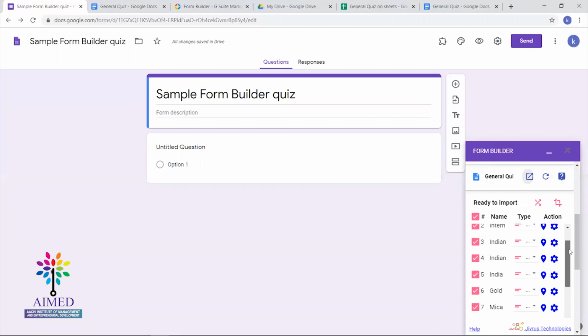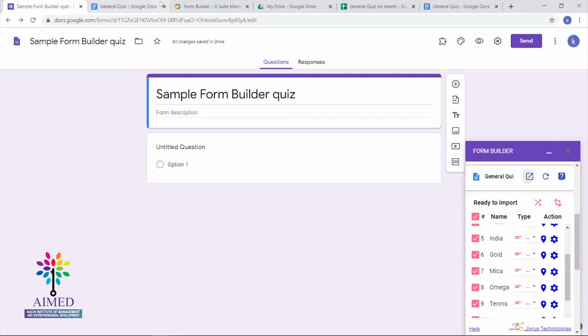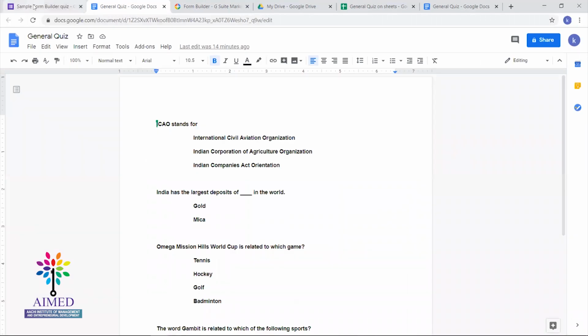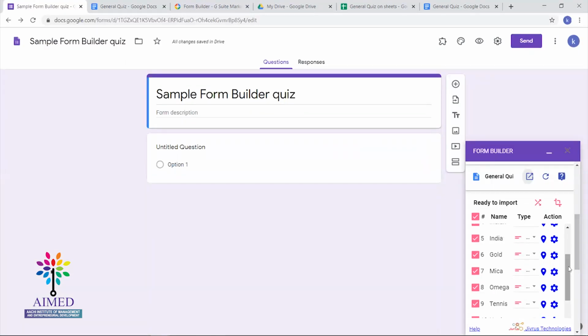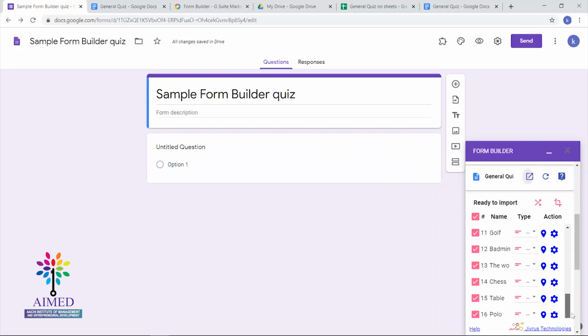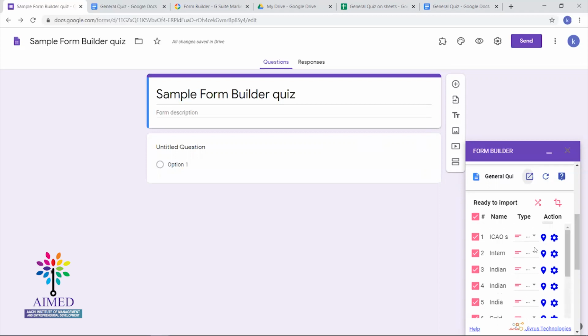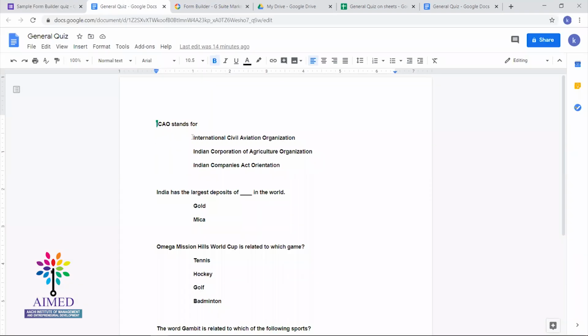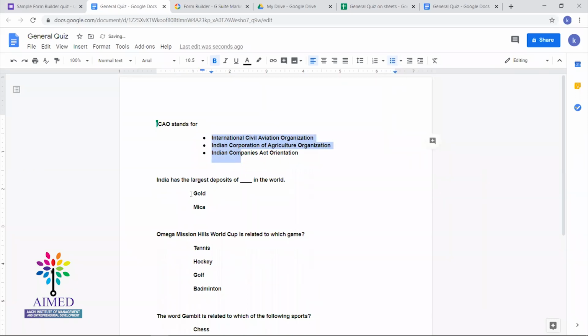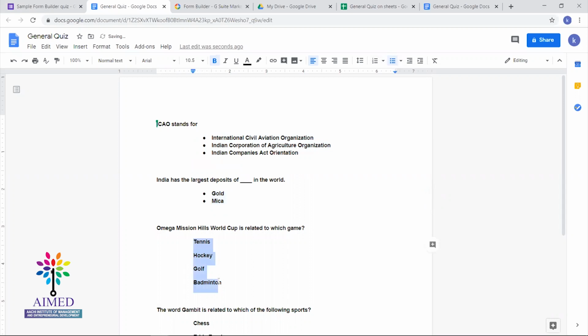When you're previewing, if you want to add more or delete something, you can do so. See, I have added only 4 questions, right? But here in the ready to import section, you'll get more than 4 questions. That means you're getting 16 questions with options. That's wrong, right? So you have to format your document. All the options should use bullets. I'm changing the answer options to a bulleted list.